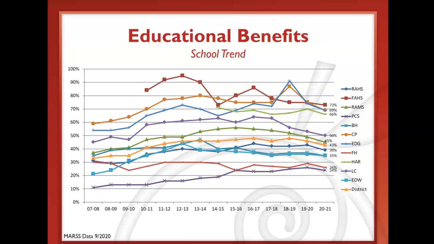In the middle, the district line is the gold one with triangles. And you can see the schools that are above the district line and schools that are below that line, again showing that variability within our district. And there's even some different patterns that you can see within the school trend and how those demographics have changed, and how those schools have experienced that change over time as well.